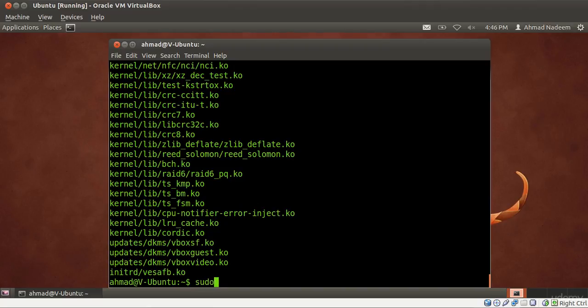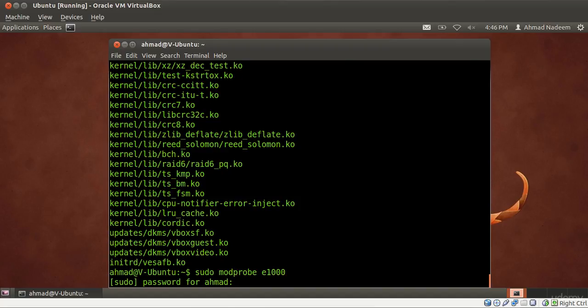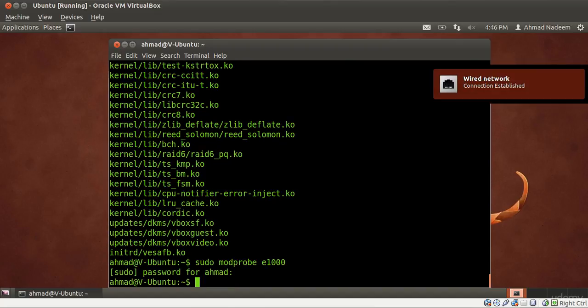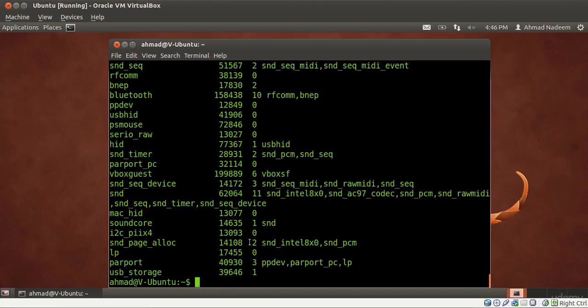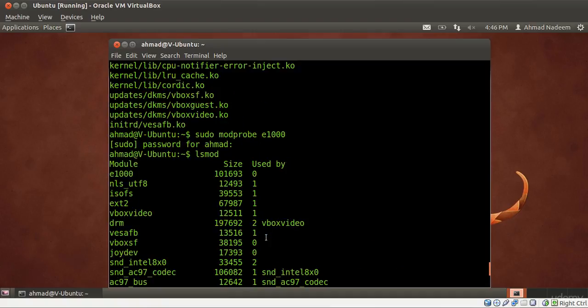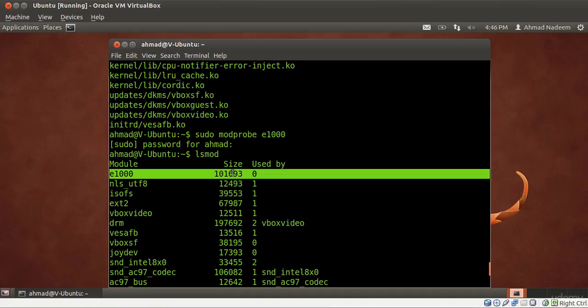Let's try to do that. Let's try to bring that module into the kernel one more time. So I type in modprobe, and no flags are needed, just the module name, which was E1000. And I press enter. I need to give in my password, which I do. And we see that network connectivity has been established. And if I do the list module command one more time, we should see that the E1000 module has now been made